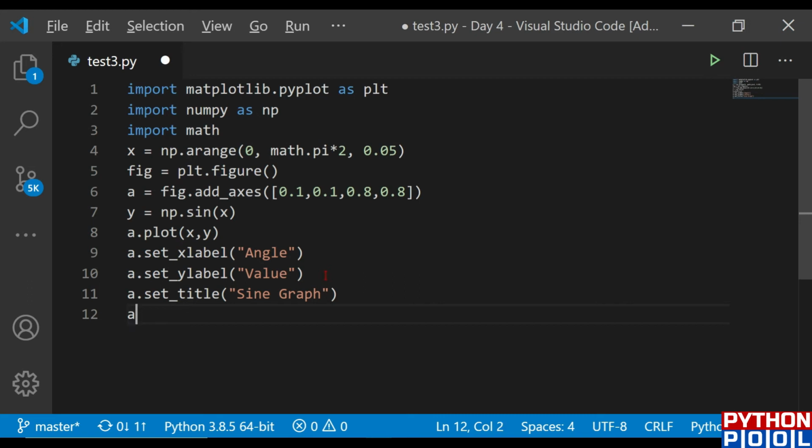So let me set the ticks for x-axis first, and let me convert those ticks to tick labels, and then I'll be setting the ticks for y-axis. So let me set x ticks first. My x ticks would have the specific values 0, 2, 4 and 6. Okay, it's not a point, it is a comma.